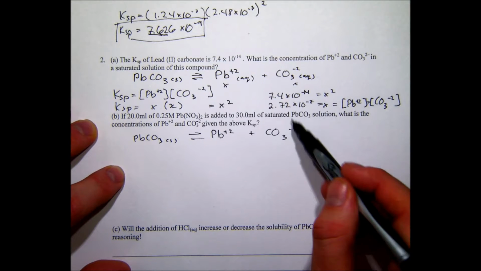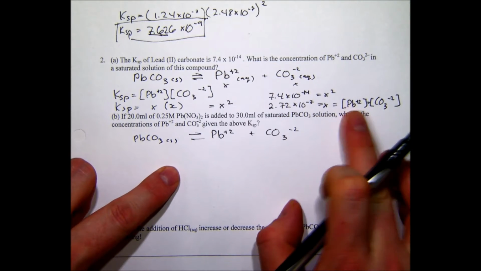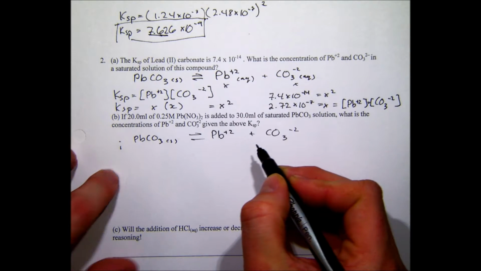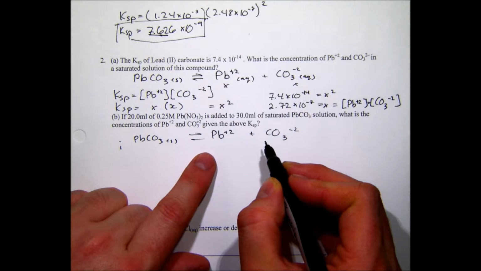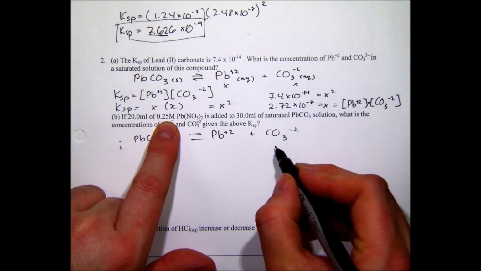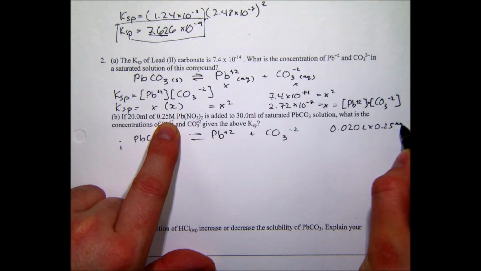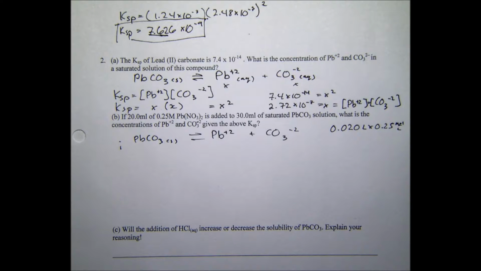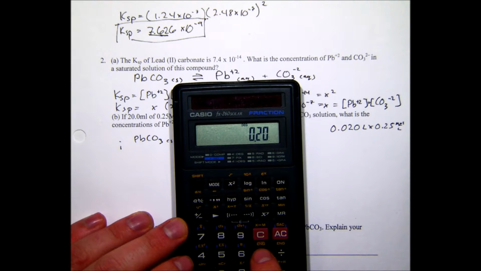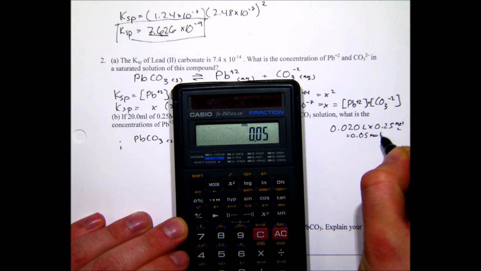Lead carbonate is basically producing this amount of lead and carbonate. So initially we started with 0.020 liters times 0.25 moles per liter of the lead nitrate. So we have to figure out how many moles are being added. So it's 0.05 moles